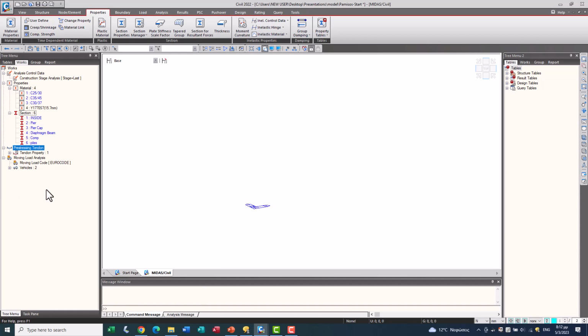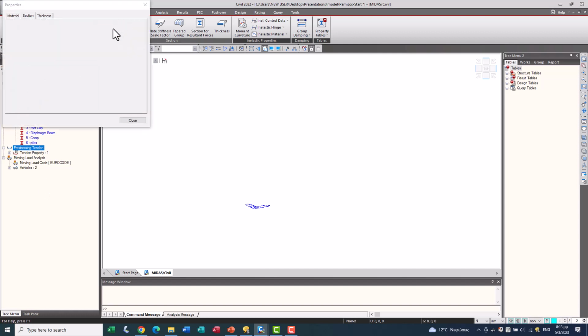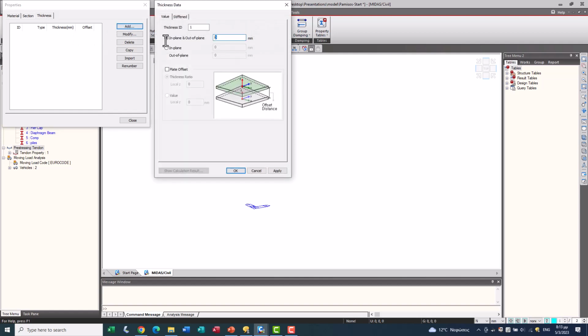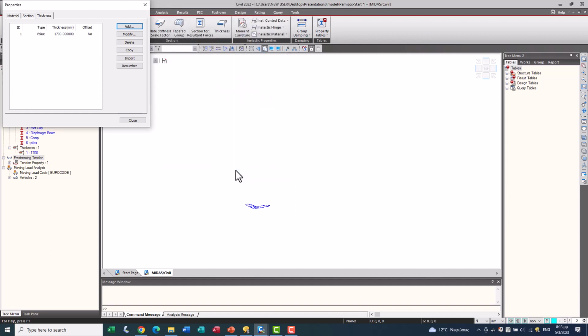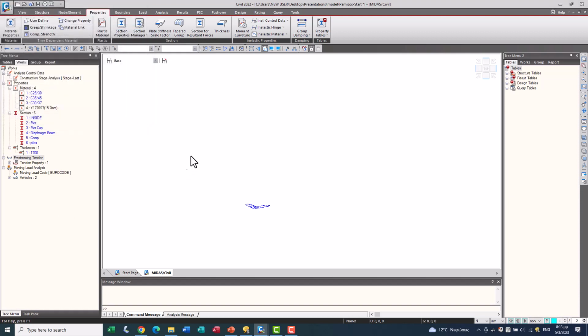And also the pile head thickness, which will be from finite element. So here we'll go to thickness, add, okay.